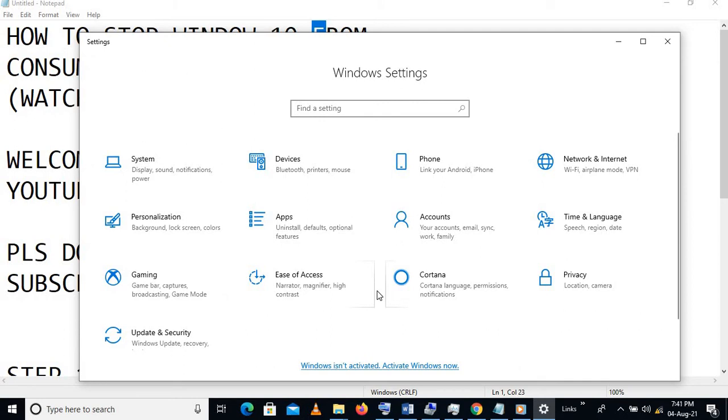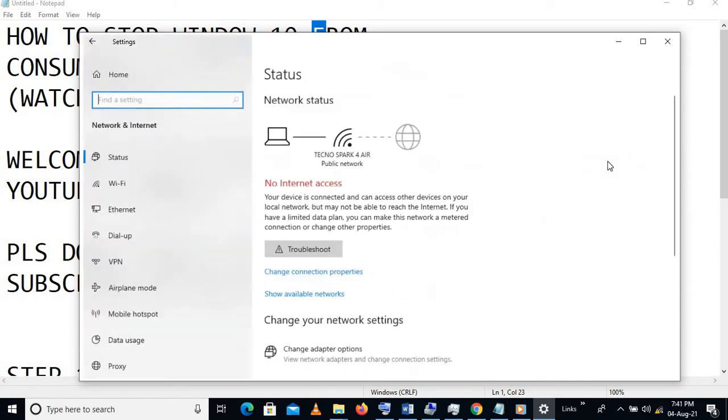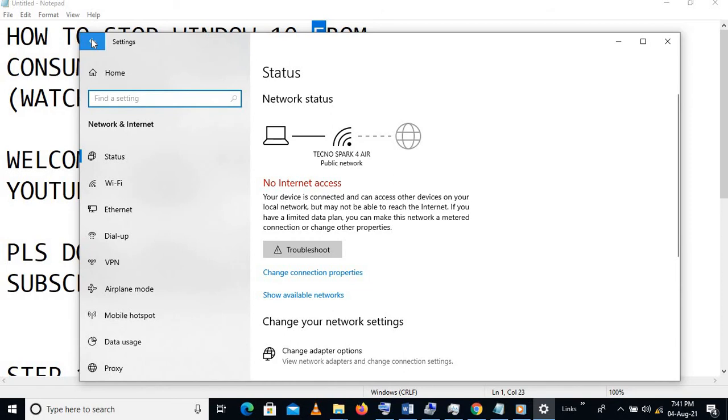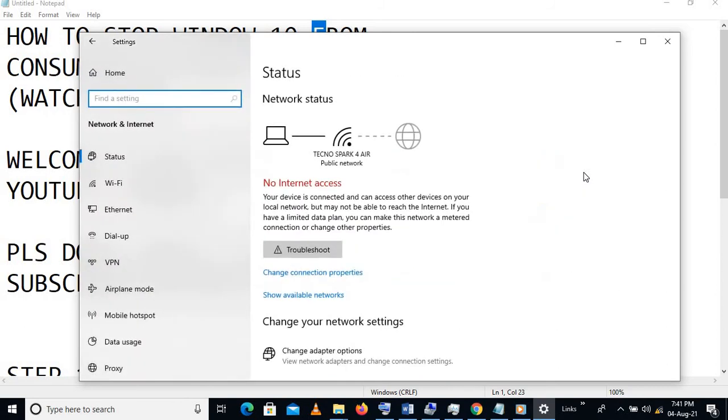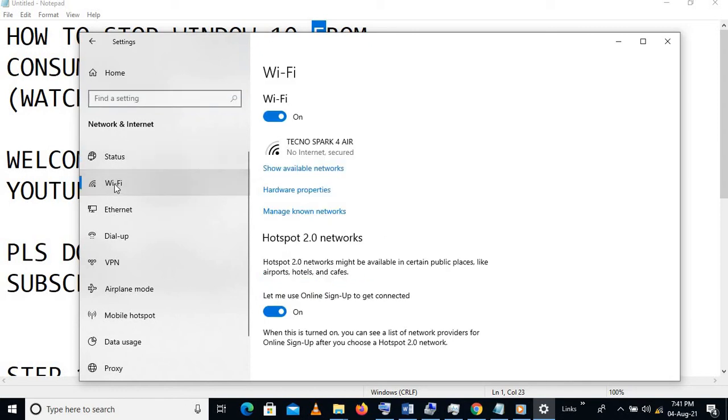So now you can go to network. You can see your network and internet. So let me go back again. So you can see it here. See network and internet and click on it. So when you click on it, you just go to data usage, your Wi-Fi. So just go to Wi-Fi. You can see your Wi-Fi here. Go to Wi-Fi and